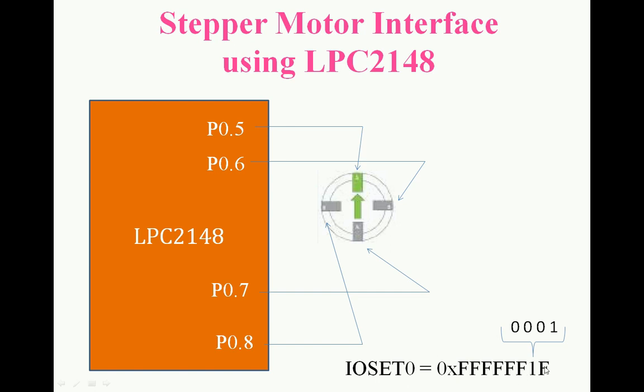But the thing here is this F indicates 4 pins, right? Port 0 to port 4. Now the fifth pin is, see here, 1 indicates in binary 0001. This one is hexadecimal. So this is the fifth pin, this is the sixth pin, this is the seventh pin, this is the eighth pin actually, right? Why? Because this F covers port 0 to port 4, and then the 5th, 6th, 7th, and 8th pins, right?